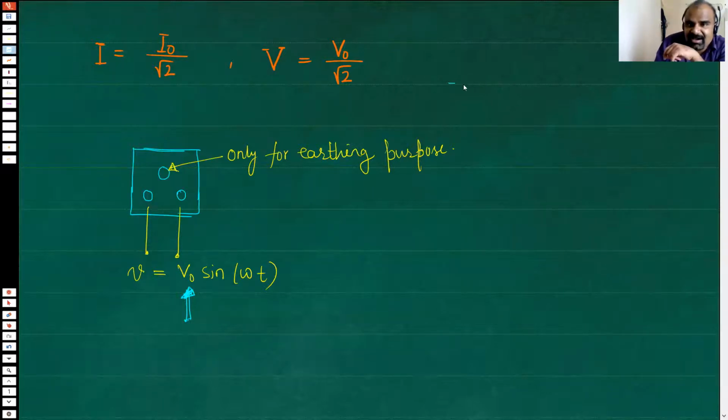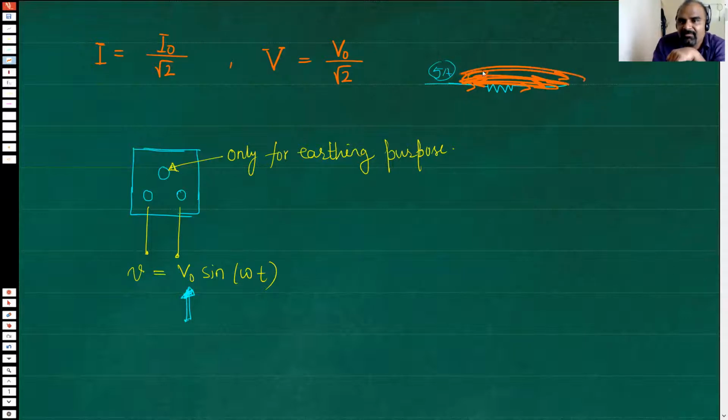So when we say that there is a wire and 5 ampere of current is flowing through this wire, what does it mean? It actually means that on average 5 ampere of current is flowing in terms of RMS. So RMS current is 5 ampere, because if you look at the instantaneous current, there is a huge problem. The direction of current is not just from right to left. It keeps on varying, from left to right, right to left, left to right, right to left. And in 1 second, it varies 50 times because the frequency is 50 hertz. So when we say 5 ampere of current is flowing, we are only meaning the RMS value.